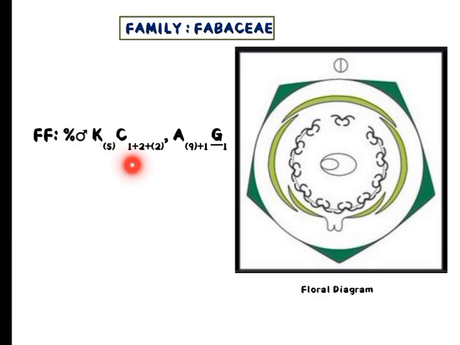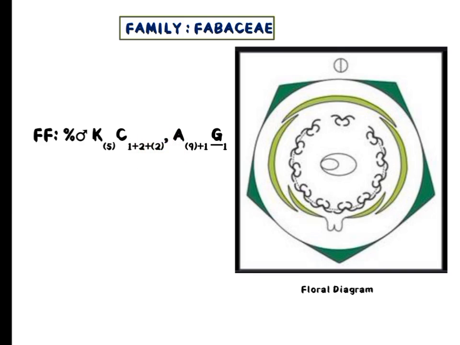Corolla, they are in what? Vexillary condition. Only 2 petals are fused. Look, this one is not fused and these 2 are also not fused, and only these 2 petals are fused. That is, the keel petals are fused. That's why the bracket is given only to 2. One among the 5 petals, only 2 petals are fused. That's why we give the bracket to only this number.